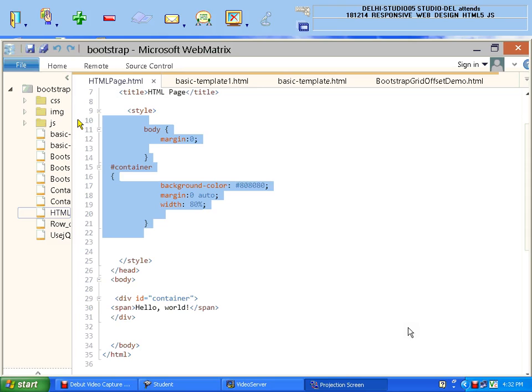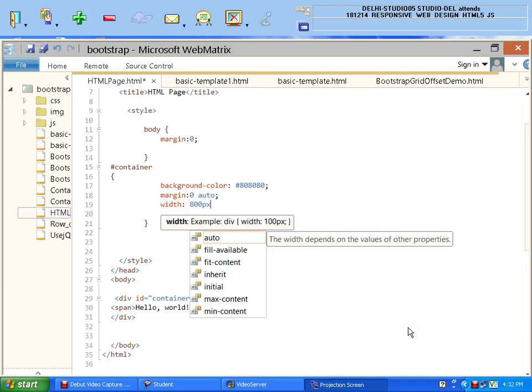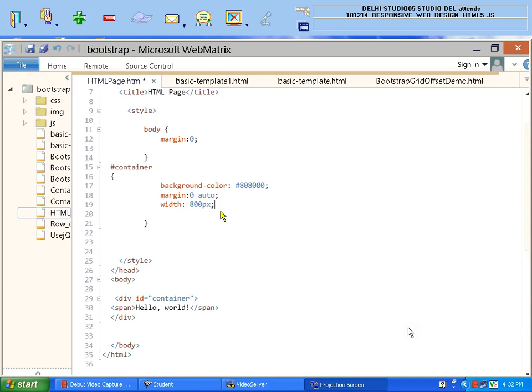I have two options. Either I will use fluid or I will use fixed. So when I am using this one option, what it means is that I am saying fluid, and if I am using this option, it means I am using fixed. The same thing we have in our bootstrap. We have one class whose name is container, and another class whose name is container-fluid. So you can see over here, if I'm using this one option, it creates a web page